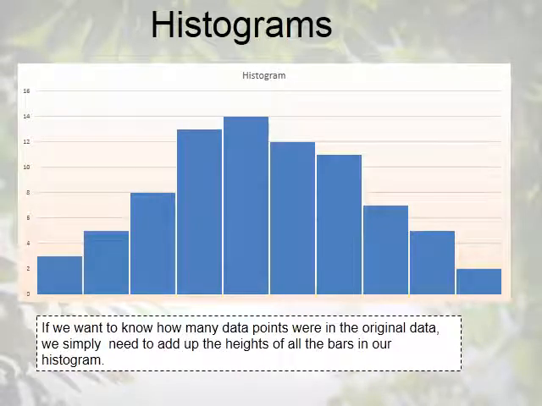If we wanted to know how many data points were in the original data, we simply need to add up the heights of all the bars in our histogram. This is the same idea as adding up all the frequencies in a frequency distribution. So if I wanted to know how many data were in the original data set, I could take 3 plus 5 plus 8 plus 13 plus 14 plus 12 plus 11 plus 7 plus 5 plus 2, add all those up, and I would have the number of data that were in the original